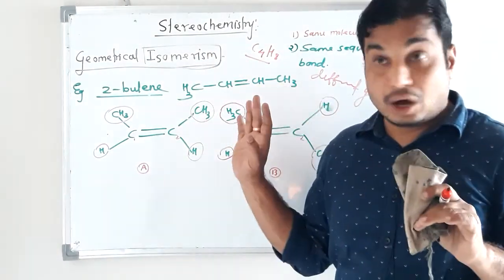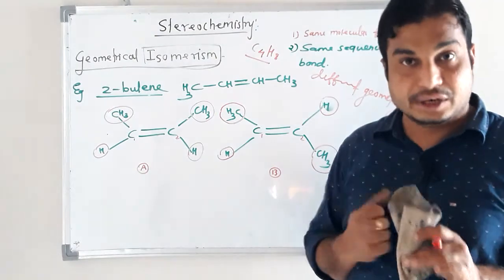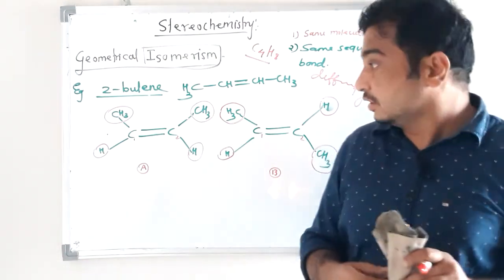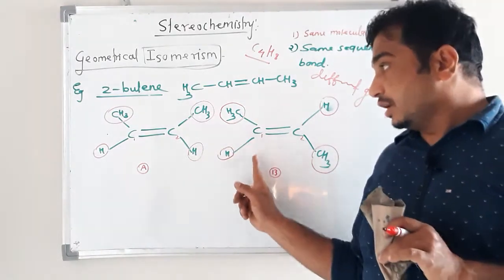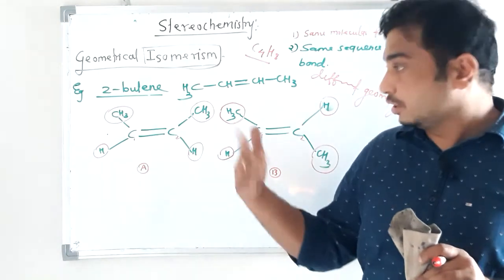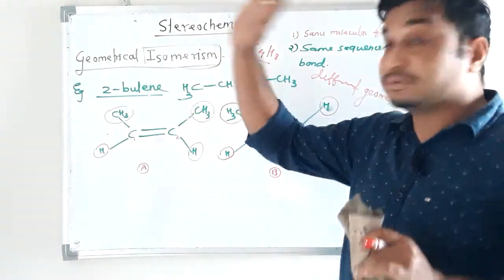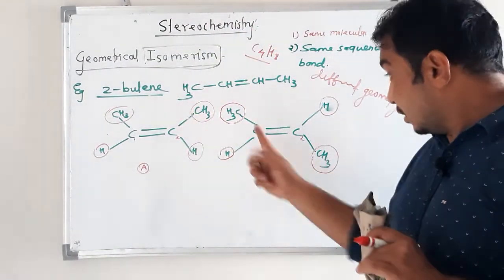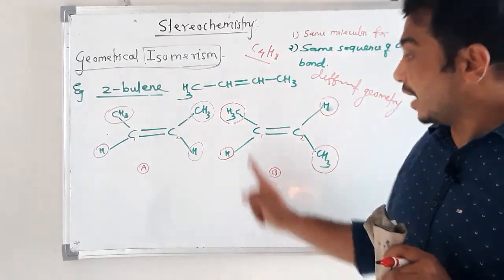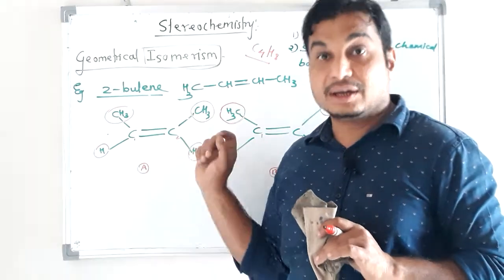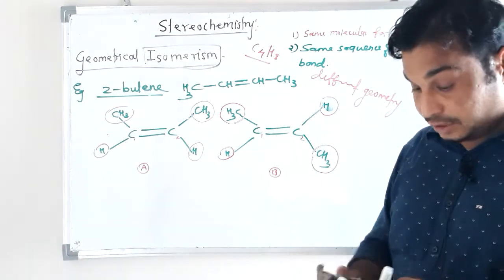And not all unsaturated compounds will show geometrical isomers. There is also a condition to show geometrical isomers. I will explain. Okay, but this type of isomers, see, unsaturated compounds, multiple bond compounds, double bond or triple bond, in which identical substituents are present on the same side of the double bond or on the opposite side. This type of isomers are called geometrical isomers of each other, and such a phenomenon is known as geometrical isomerism. Okay, one more example.